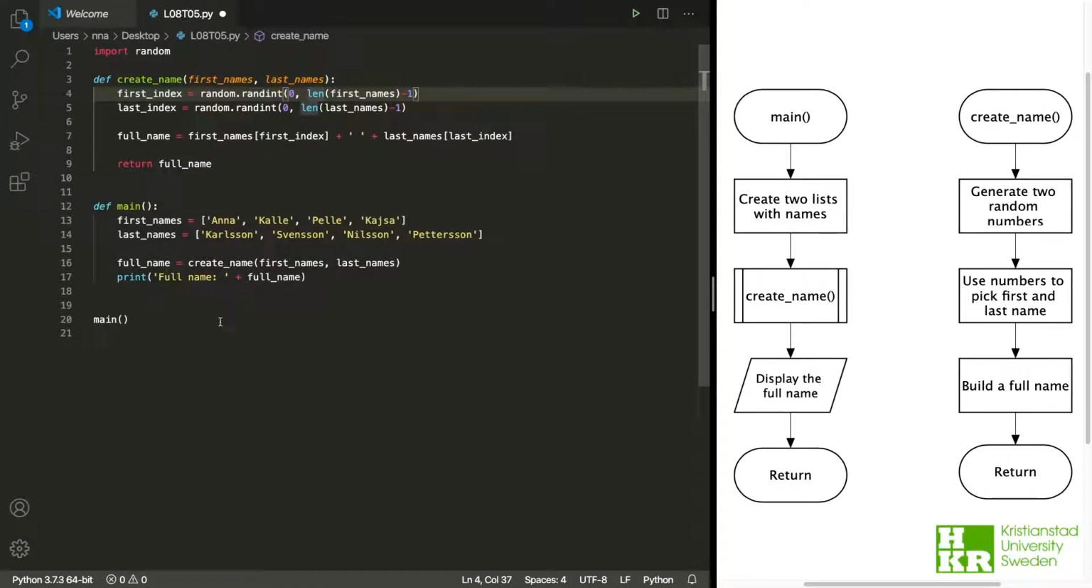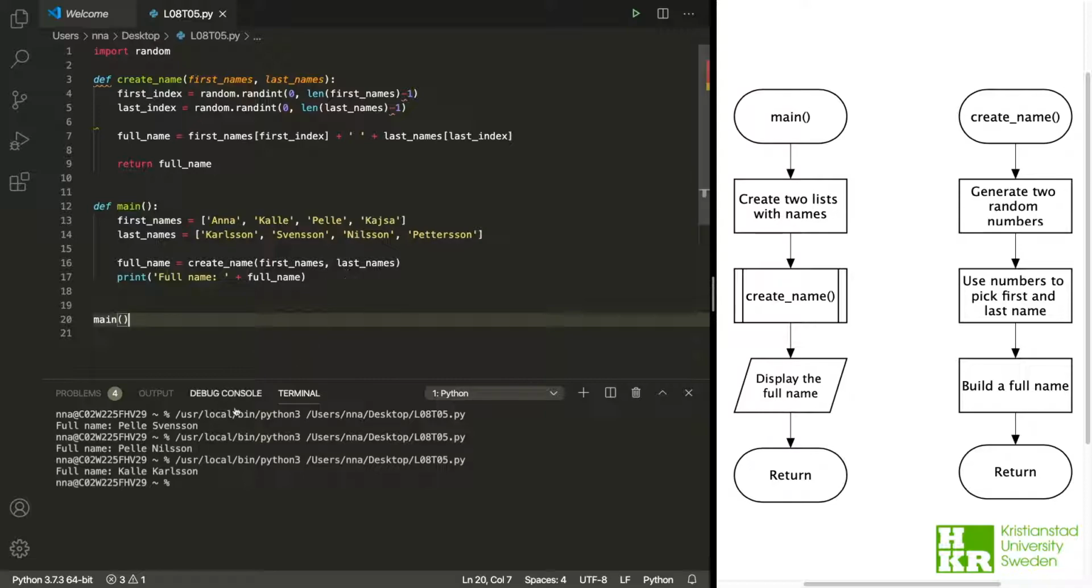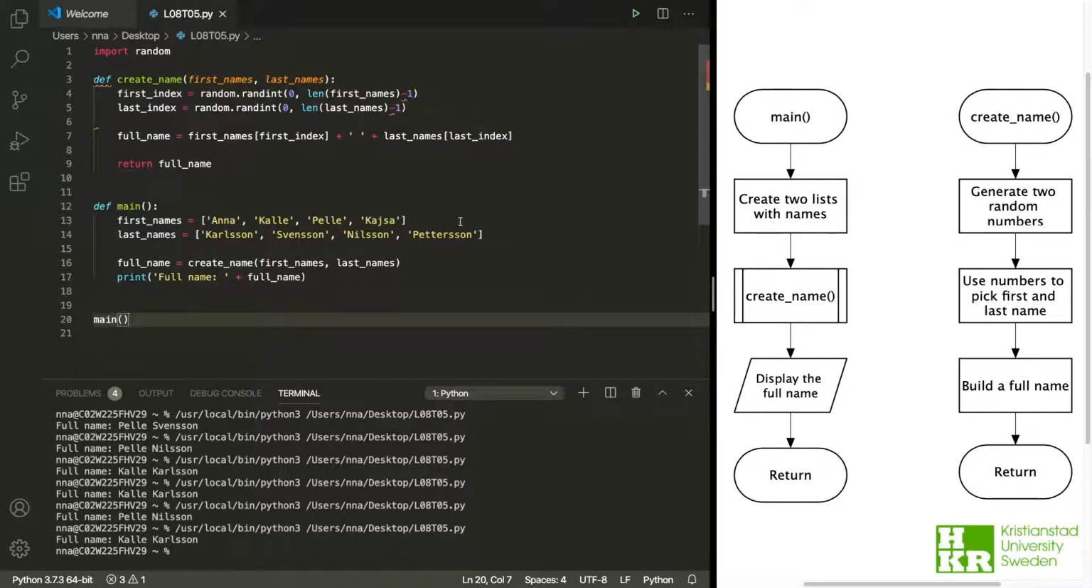So let's try to run it and see how it looks. And we see that we get one name here, Pelle Svensson. But what if we run it again and again? We see that we got Pelle Svensson 2 times, and that is random, we can't decide. But then we get Kalle Karlsson, Pelle Nilsson, Kalle Karlsson,